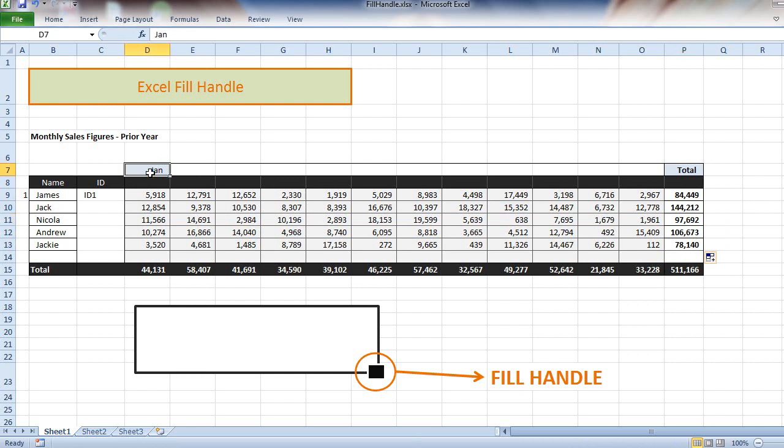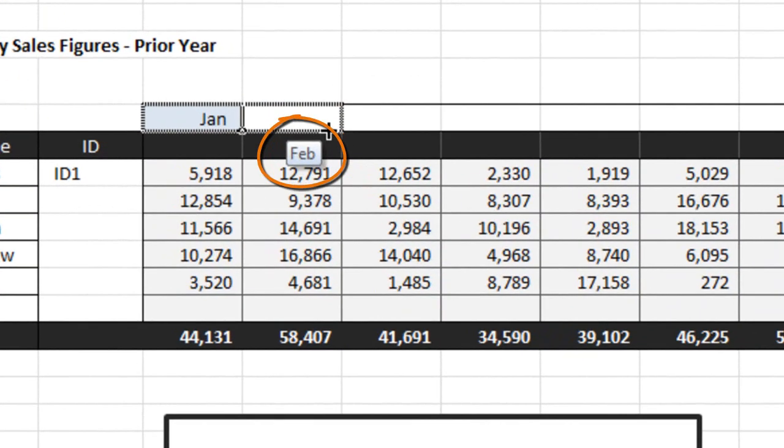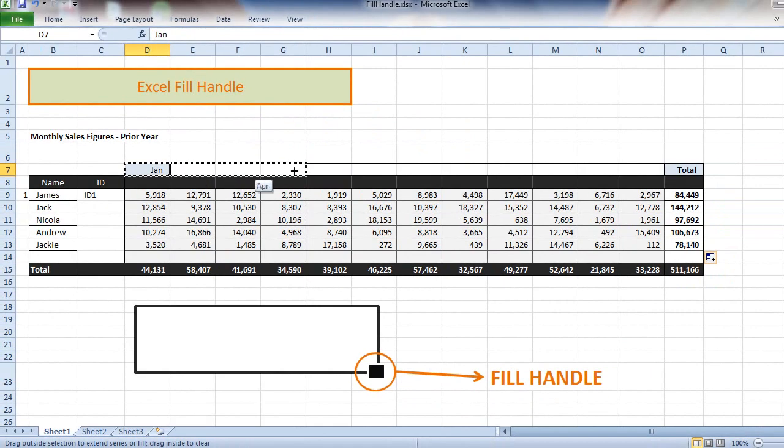So the months are incomplete. We've got the month of Jan here, but not all the way to December. So the fill handle comes in extremely useful here, because if I double click Jan and drag it across, you can see it's already telling me that it's going to call that month Feb. So it knows the sequential order of the months of the year. There we go, all the way to June, and I can carry on, double click, take that all the way